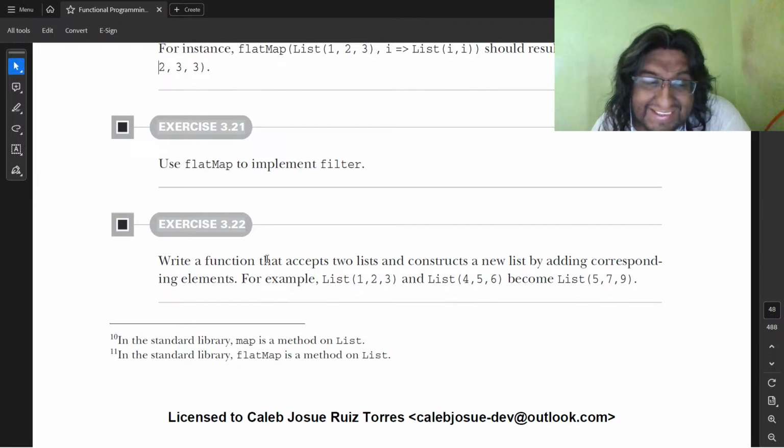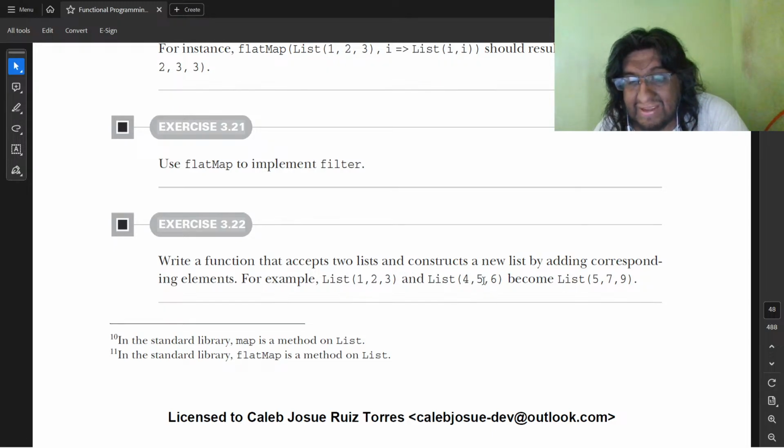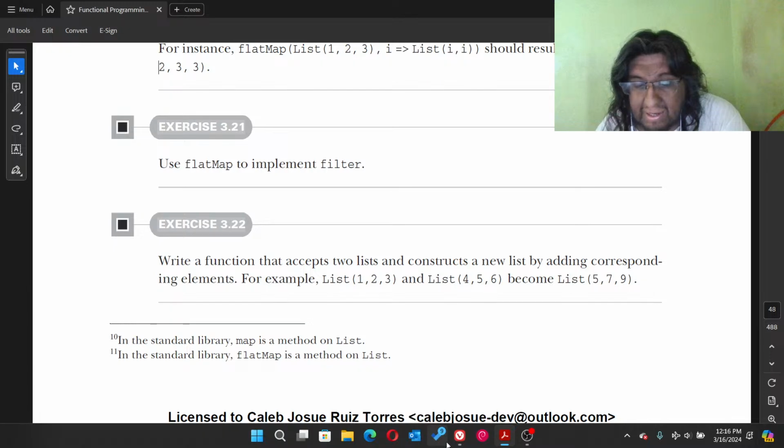Write a function that accepts two lists and constructs a new list by adding corresponding elements. For example, list 1, 2, 3 and list 4, 5, 6 become list 5, 7, 9. A function accepts two lists of Int, that will be our